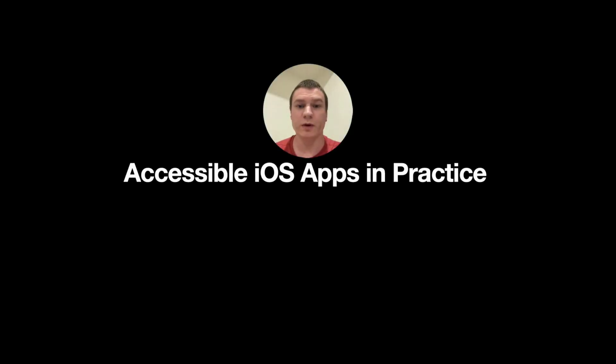Today, in Accessible iOS Apps in Practice, I will be talking about native iOS app accessibility. Let's learn about some of the assistive technologies available to users on iOS and the code you need in your app to support those technologies. Then we'll explore some user interface components that Apple provide from an accessibility perspective and compare that to custom components we might be building to better suit our needs and branding. There will be some code examples. I'll do my best to explain it, but don't worry about understanding exactly what it is doing.